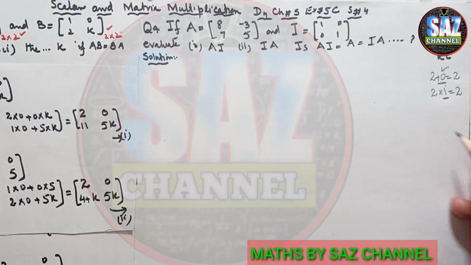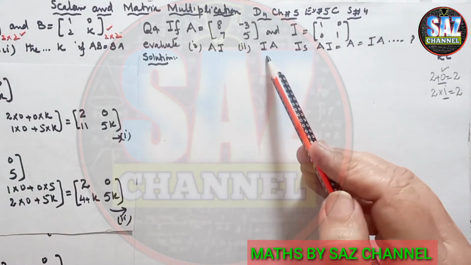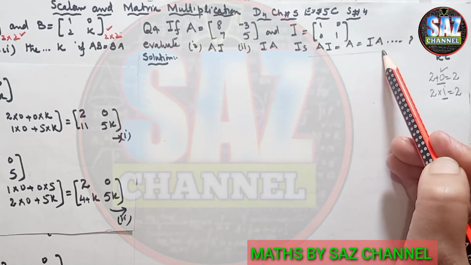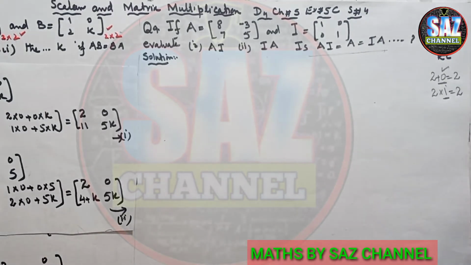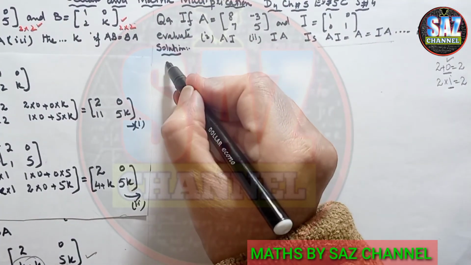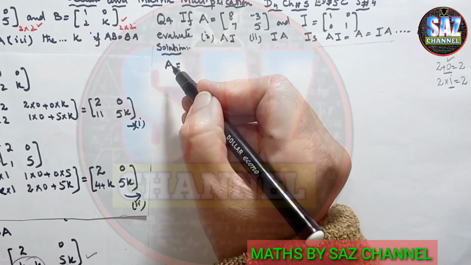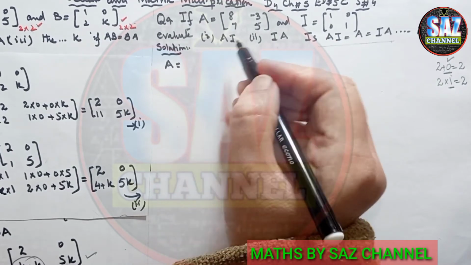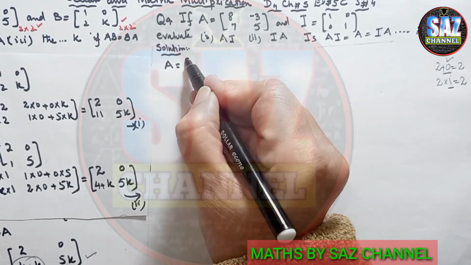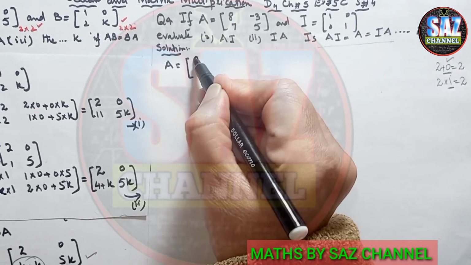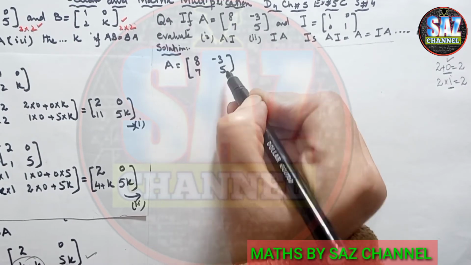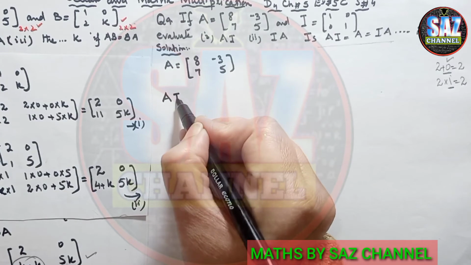So let's check the product AI, IA, and then we will decide whether this answer is coming the same or not. Okay, let me move to the solution of the question. Matrix A has the values 8, 7, minus 3 and 5. For AI, first of all, I'm writing matrix A, 8, 7, minus 3 and 5, and now AI,